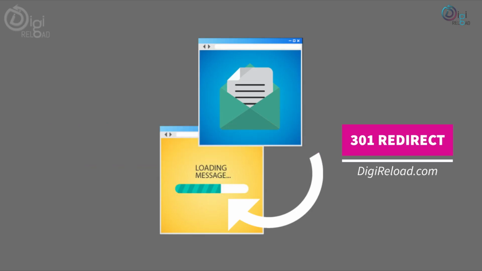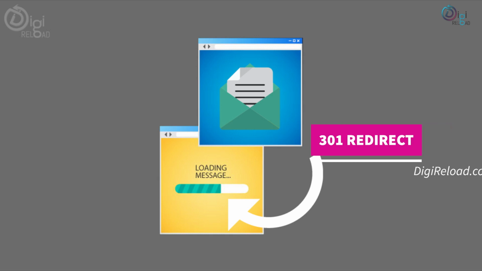Moving on to the next point, 301 redirect. A 301 redirect is a permanent redirect which notifies the search engine that a certain link has been permanently moved to other URL. In most instances, 301 redirect is the best method for implementing redirects on a website. Serving a 301 indicates to both browser and search engine bots that the page has moved permanently. Search engines interpret this to mean that not only has the page changed location, but that the content or an updated version of it can be found at the new URL.